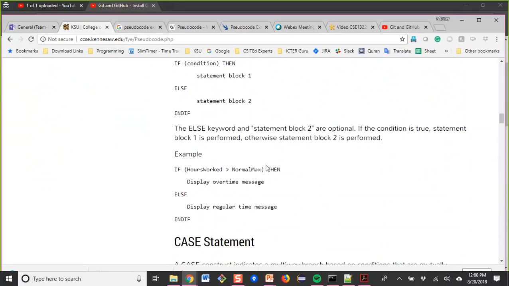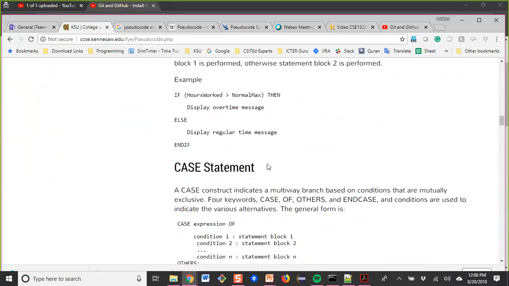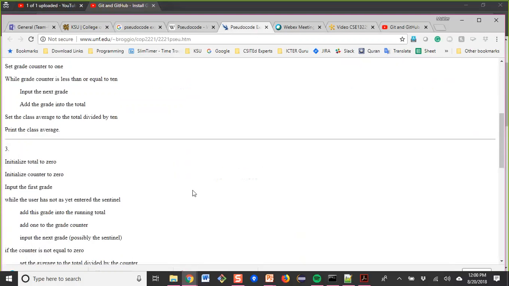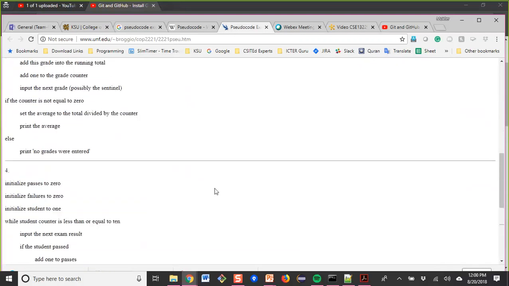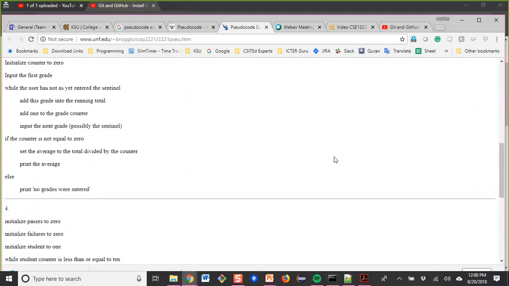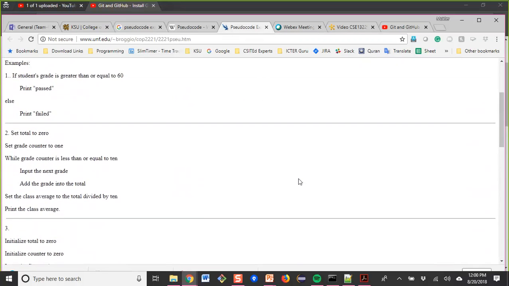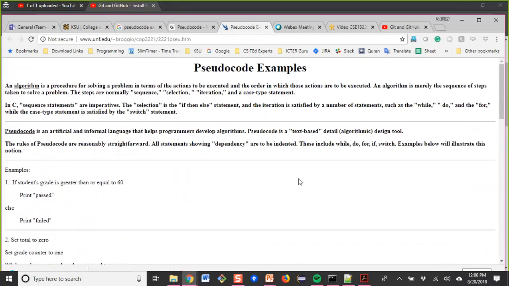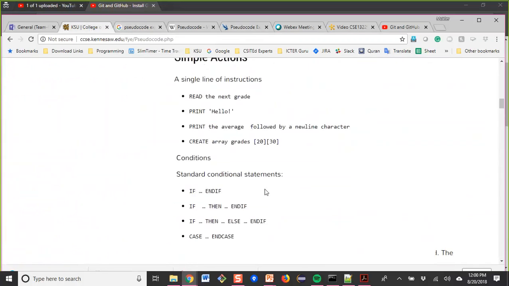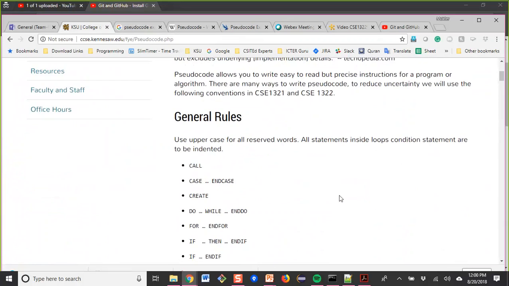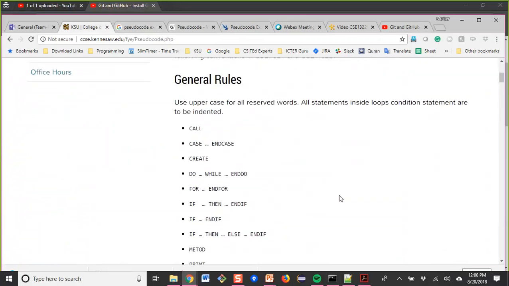Then you can do practice, and you also can do some Google search, and do some more examples. There are a bunch of pseudocode examples, and also you can watch some YouTube videos about pseudocode. But everything is straightforward. I think this page is very nice to learn about pseudocode.